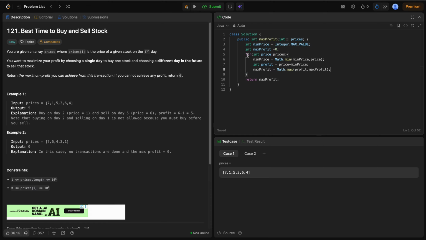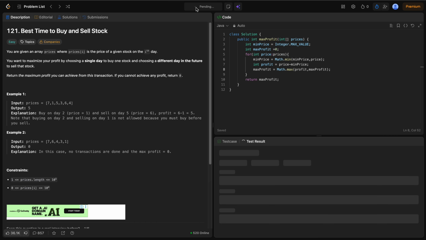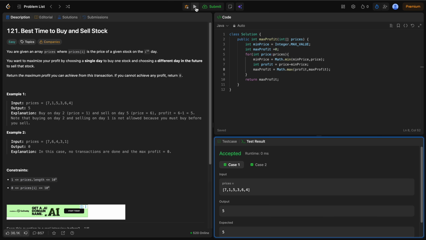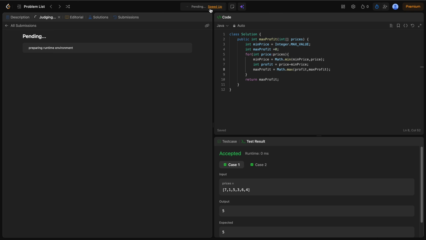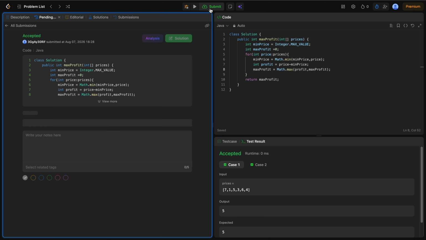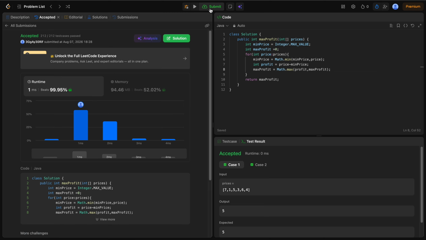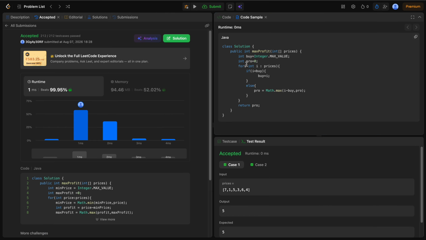So this is how we can solve this problem. Let's run this. Okay, submit it. Cool. Let's see. Yeah, this also works the same,